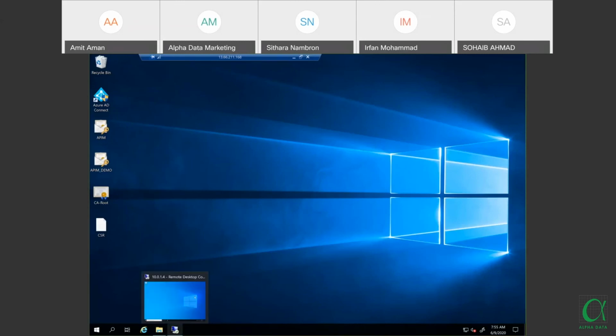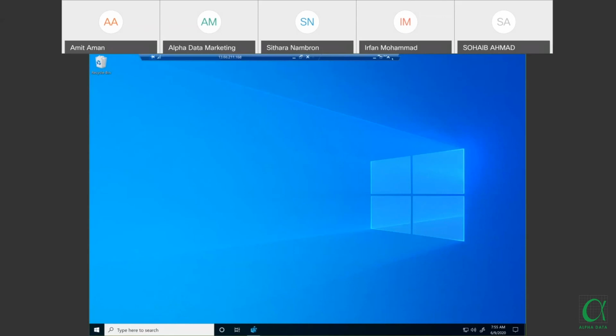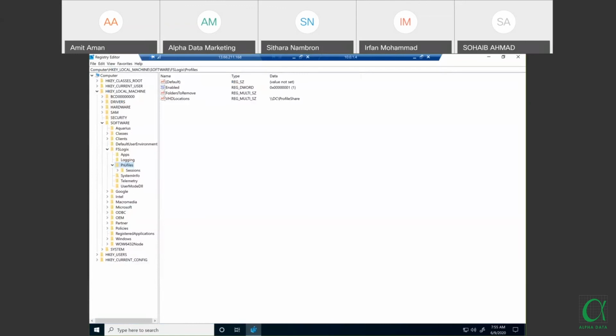We have created the application pool. This is our virtual machine which is used for the application pool, and we have created a different virtual machine for the desktop pool. You need to go to regedit and see that the moment you have added the profiles there, one profile of FS Logix will already be created over here. You just have to mention the location of the profiles here, from where the profile is being created. You just have to tweak this location, and your FS Logix will be done. So this is all from me.